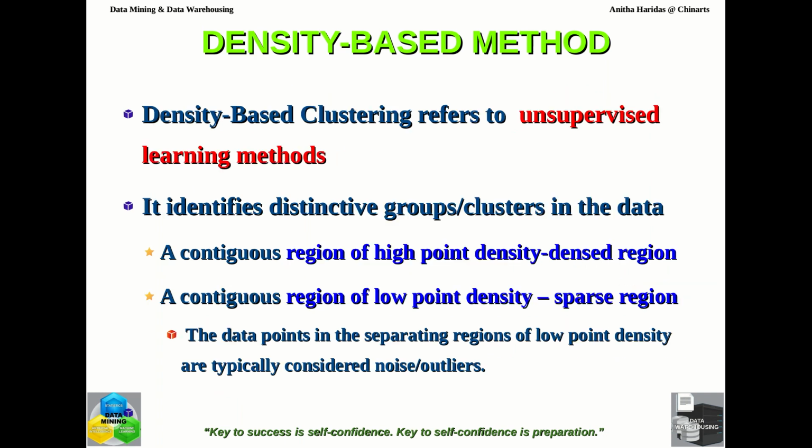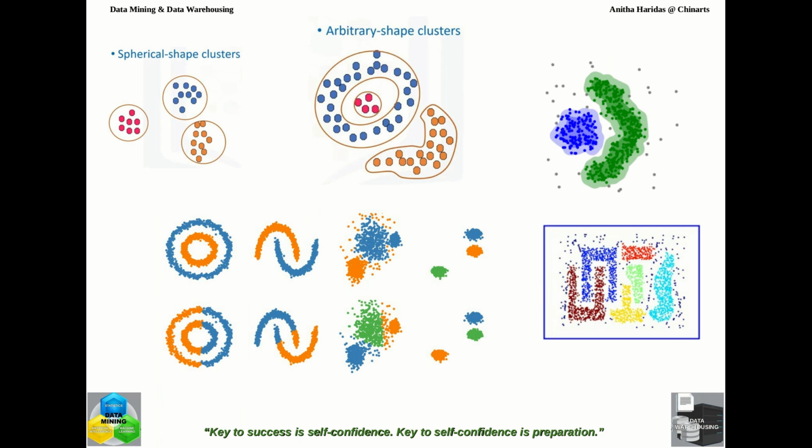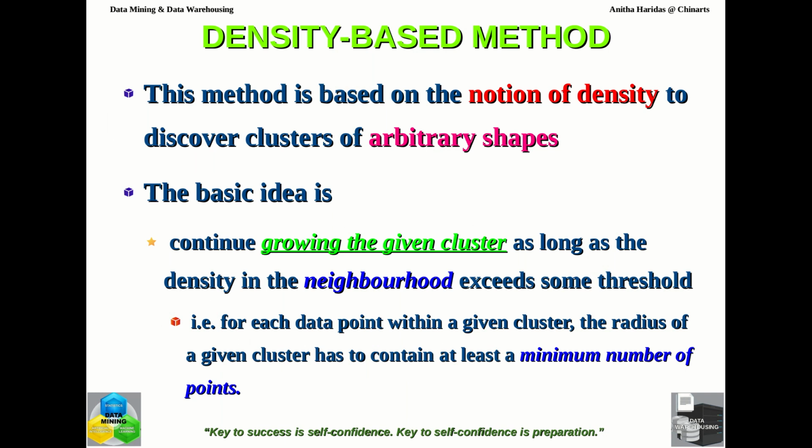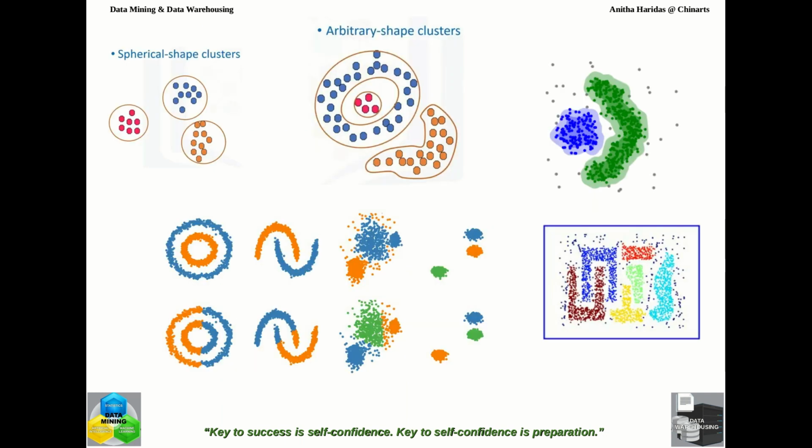So what we will do, you will take a radius. So a radius will be taken, and in this radius we are going to check whether it contains at least minimum number of points. So suppose if you say the minimum number of points is to be 11, you take your region, your radius, and you check whether it is containing 11 number of data points. So if it contains 11 number of data points, minimum data points, then I am going to create it as a cluster. So continuously you start growing for each point.